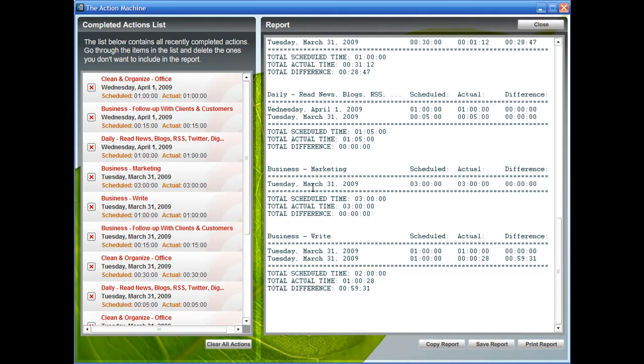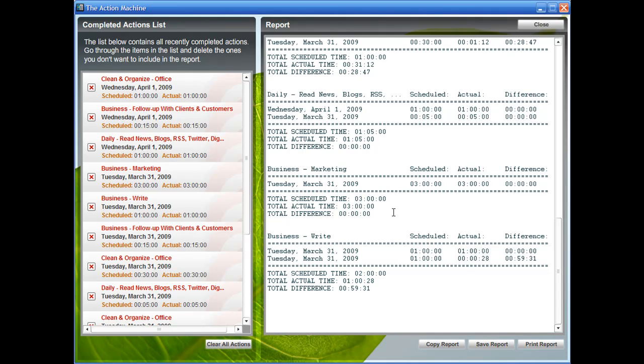And let's say you have a client that you've been working on a project for. You can track the individual time that you spent on that client's work by using this section of the report here. Now whenever you're done with the report, or actually let me back up, when you want to take this report,